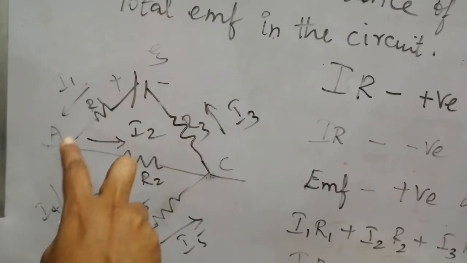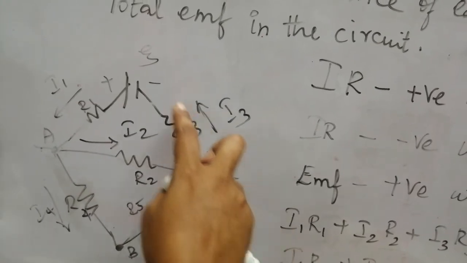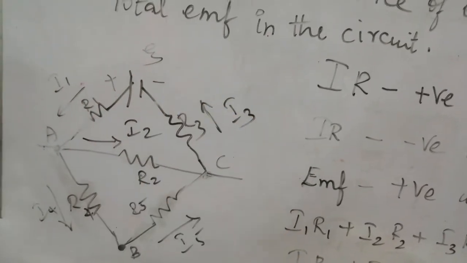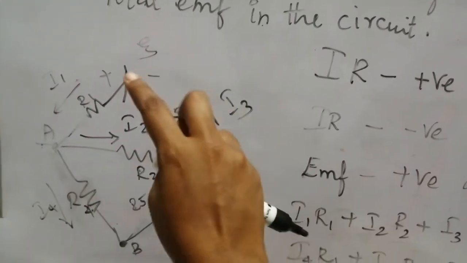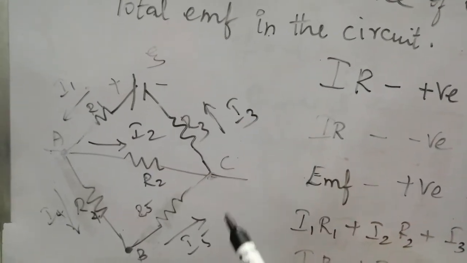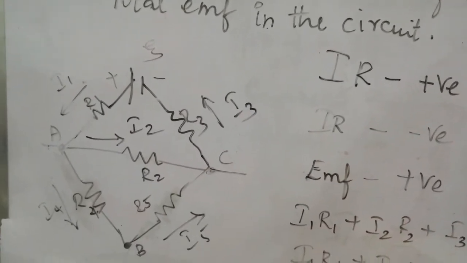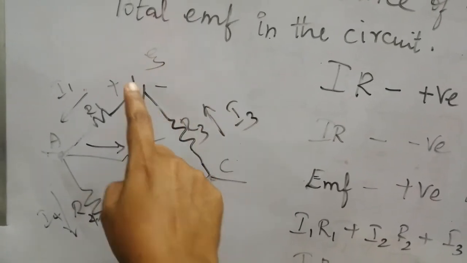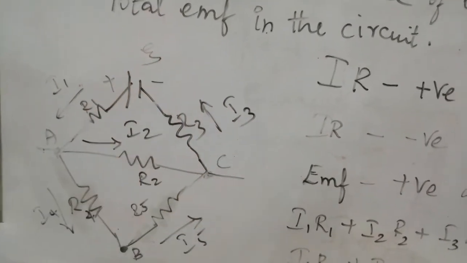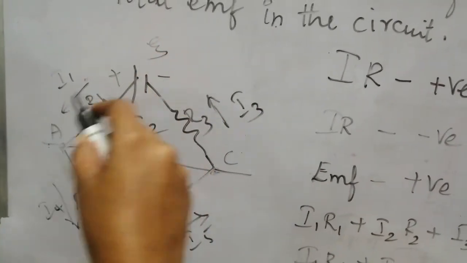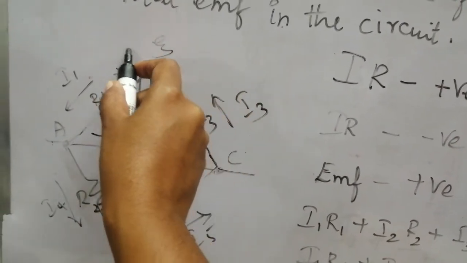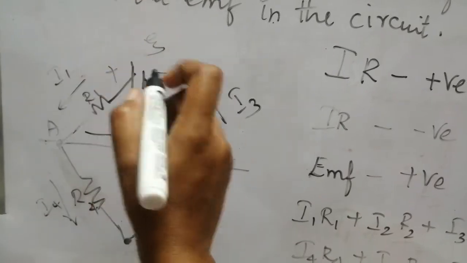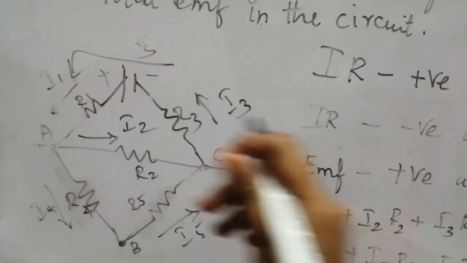If it starts from here, it will flow here this way and this way. This one makes a loop. So for this closed circuit, I'm going to write the voltage rule first. In this case, I'm going to take from the EMF value here; the current direction is this way, which means it is starting from the negative terminal and flowing in this way, right?